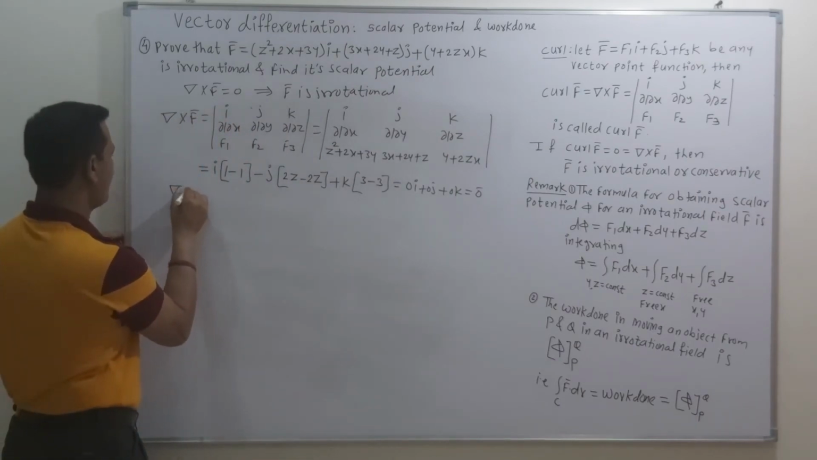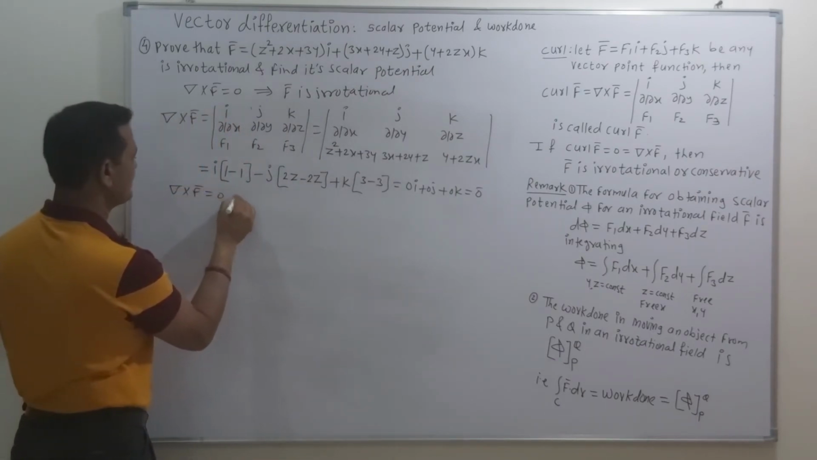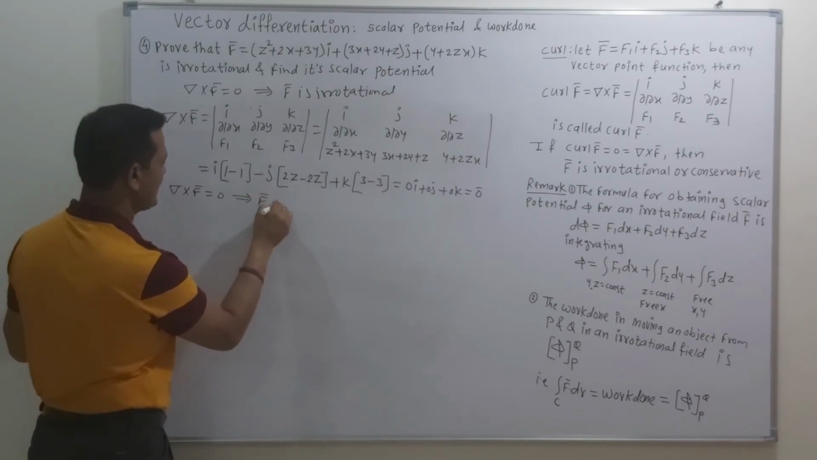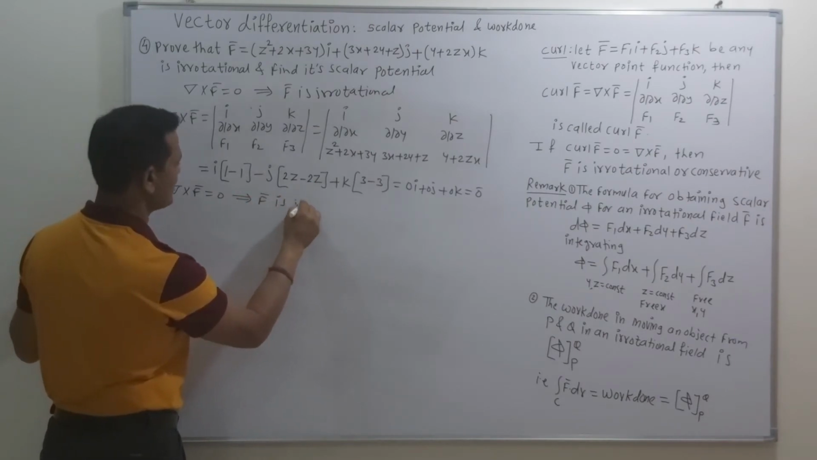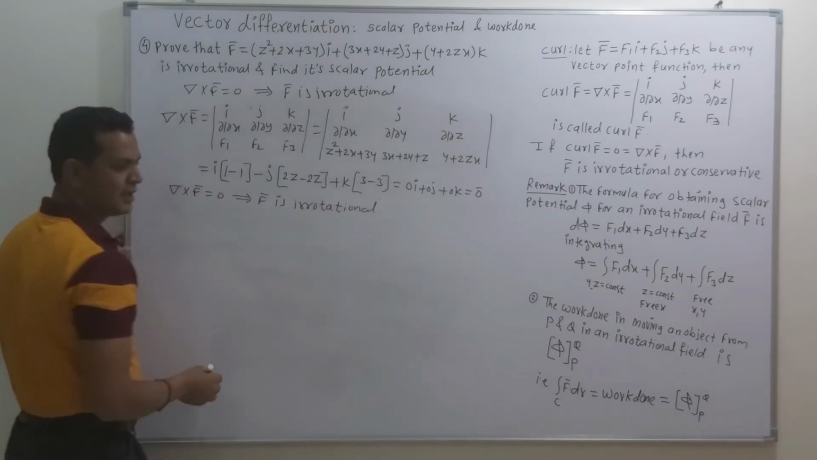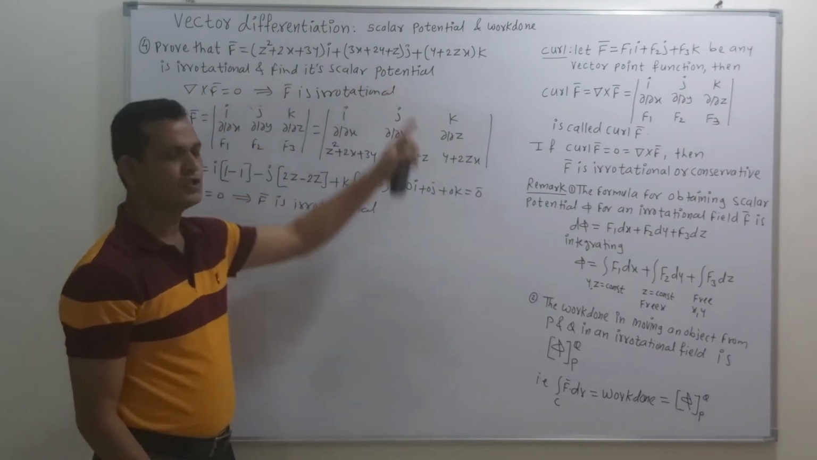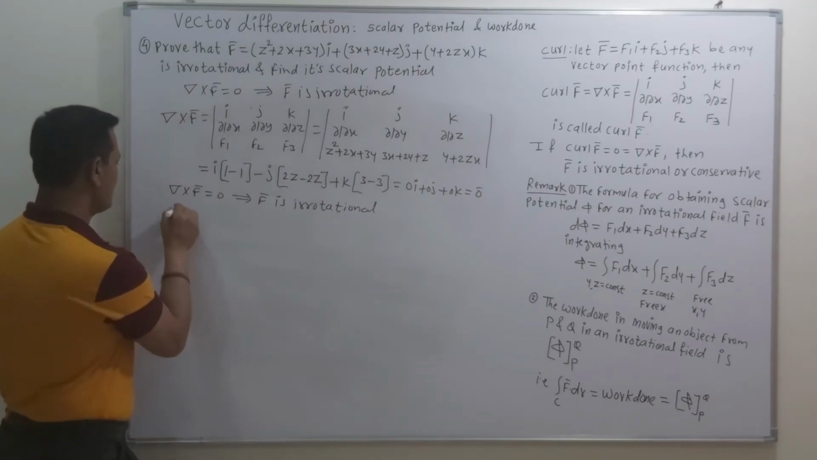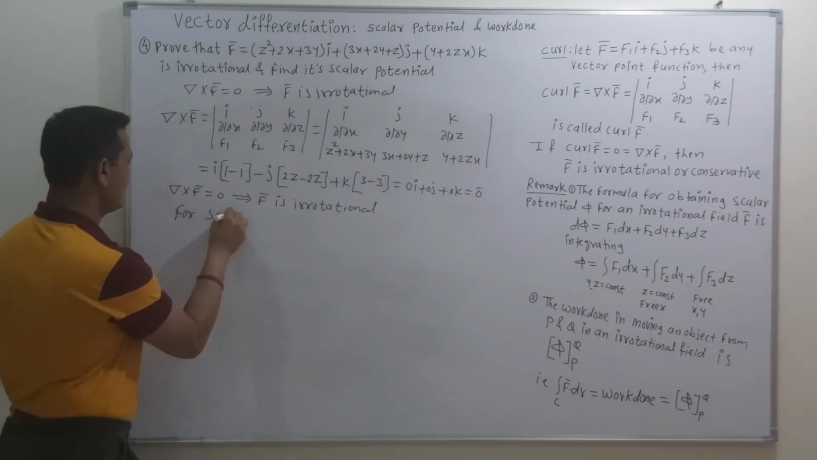So as the value of del cross f bar is equal to 0, this implies that f bar is irrotational. Now friends, the next question is to find out the scalar potential. So now for the scalar potential,